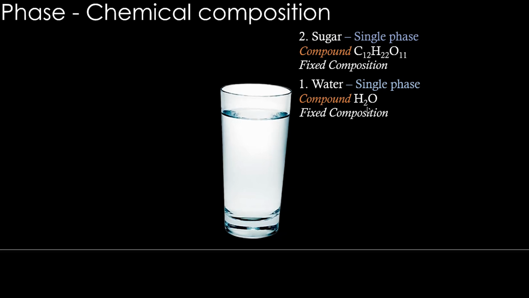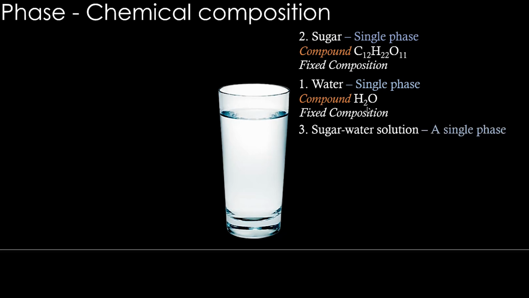Right. Now what happens if we mix a spoon of sugar into water? The sugar is nicely dissolved. Can we call it a single phase? Sugar water solution, it is a single phase. Yeah, because the molecules of sugar are surrounded by H2O molecules and it is nicely dissolved. So it's an atomic level or molecular level dissolution that has happened here. So in that way, it is a solution which is a single phase.